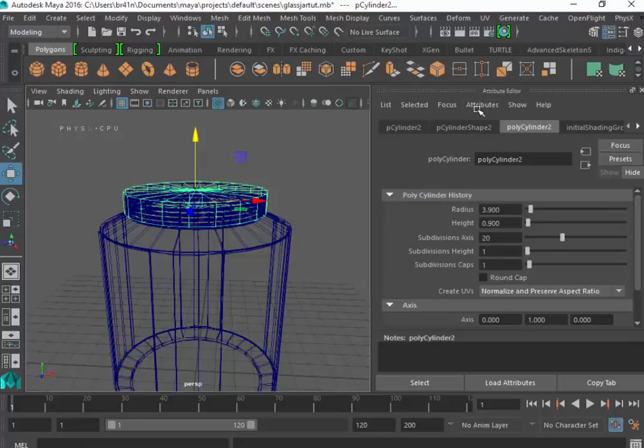Now what we're gonna do, we're gonna go over to the attribute editor and increase the axis to 30